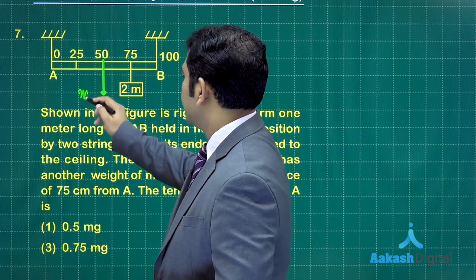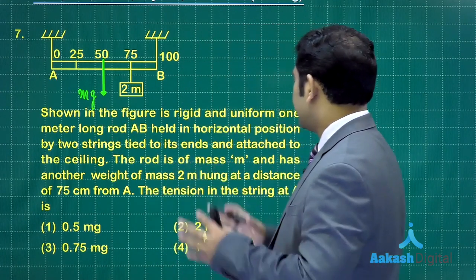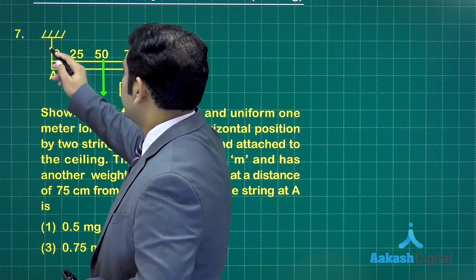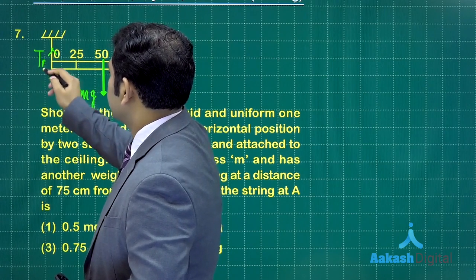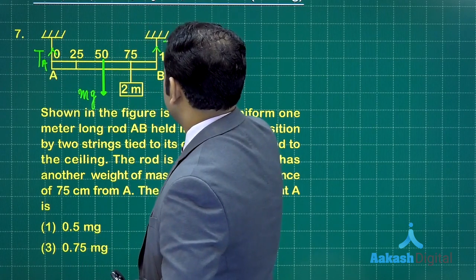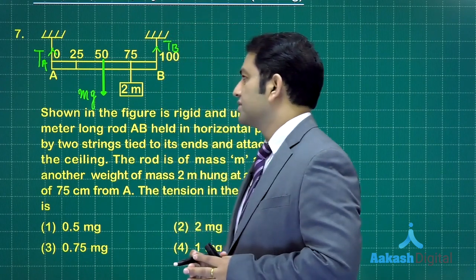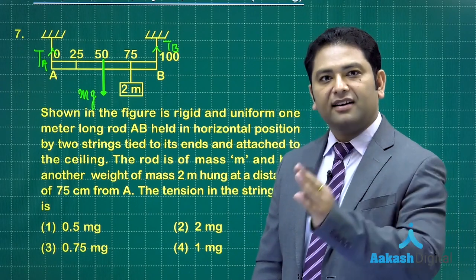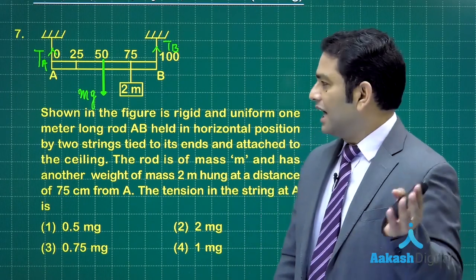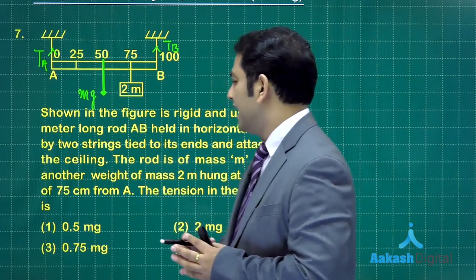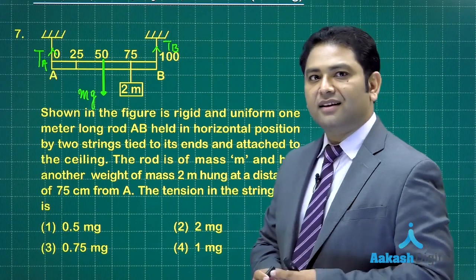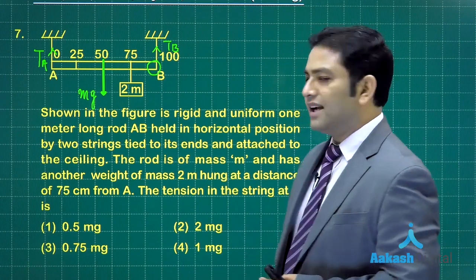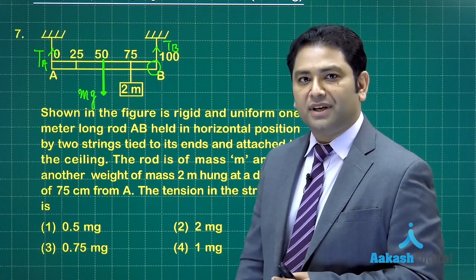And this is equal to mg. Now it is at equilibrium and we need to calculate the tension in string A. So let's name it. This would be tension in string A and likewise this will be tension in string B. That's how it goes. So what do we do? We use translatory equilibrium and rotational equilibrium. However, because only tension A has been asked, what I can do is directly write the torque about B. In that, the variable TB would be eliminated.